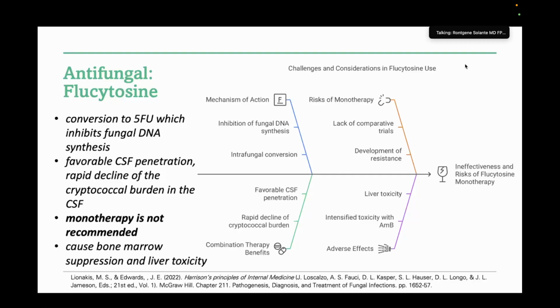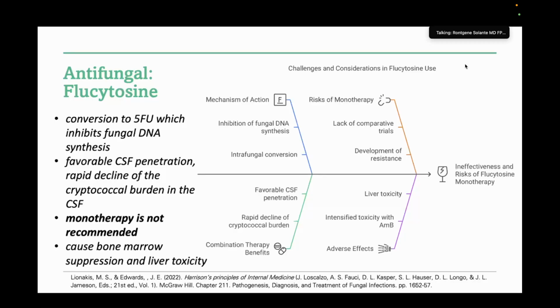Because remember, you cannot give this as monotherapy. The only drawback here, you should monitor the CBC because at times when you are giving this drug, it can cause bone marrow suppression. It can decrease the hemoglobin. It can decrease the platelets. It can decrease the WBC, and it can also cause liver toxicity. Okay, so these are some of the challenges and considerations when you will be using flucytosine in patients with cryptococcal